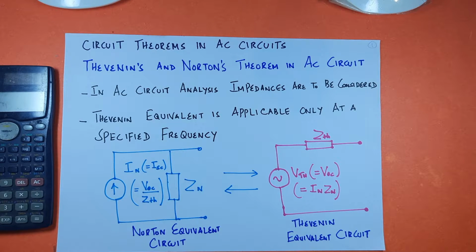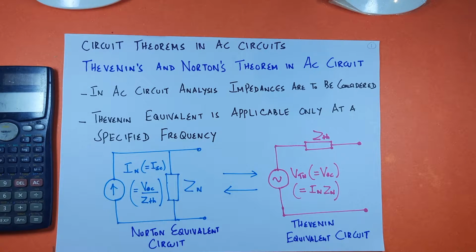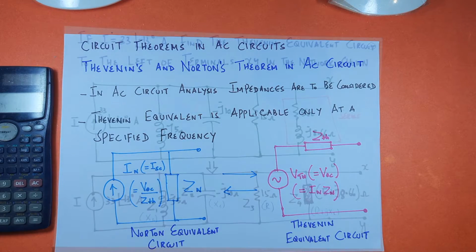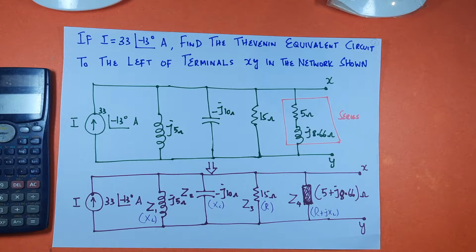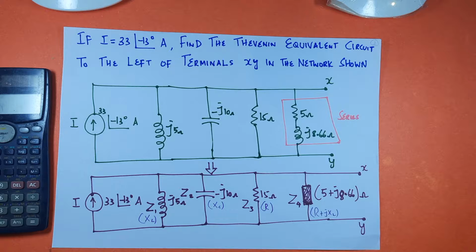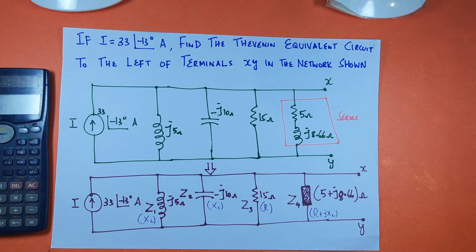So this is a Thevenin equivalent circuit. So Z Thevenin, same thing, we connect in series. This V Thevenin is going to be this IN into Zn. So next, we will study Thevenin's theorem with the help of an example. We have studied what Thevenin's theorem is, and why it is used, previously. Now, just how to apply Thevenin's theorem in AC circuit.